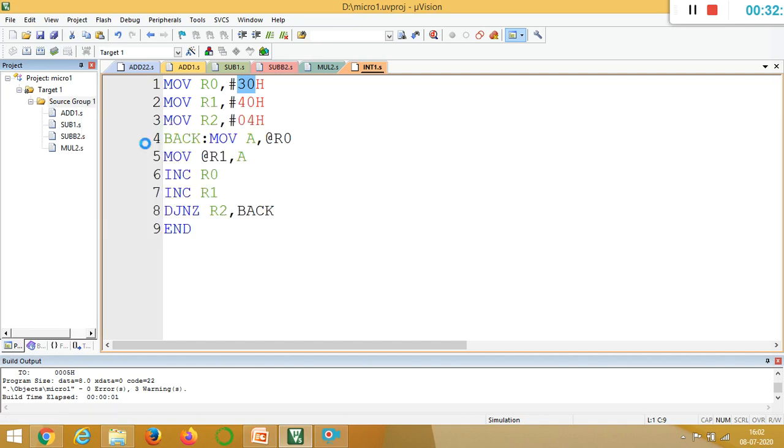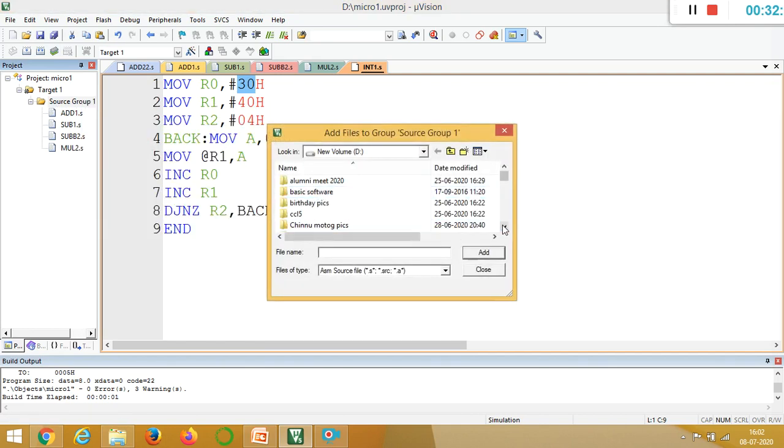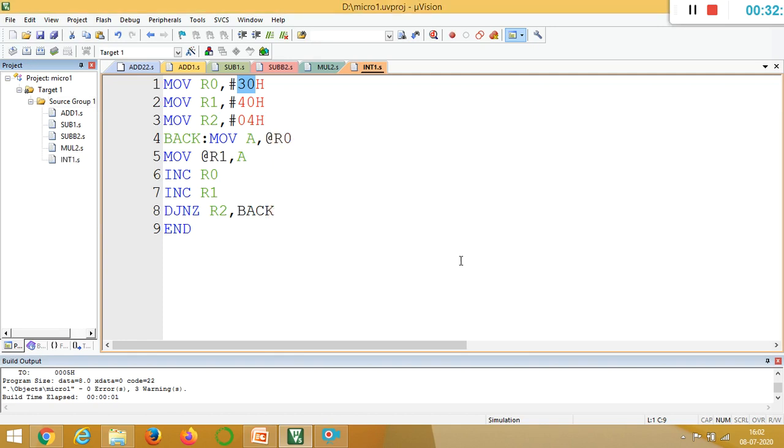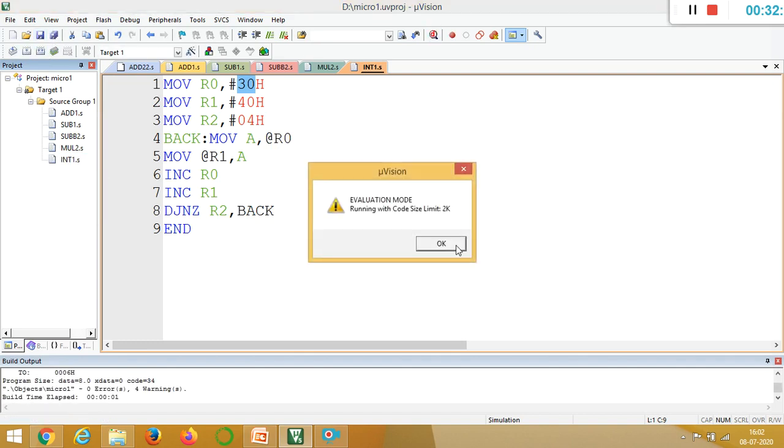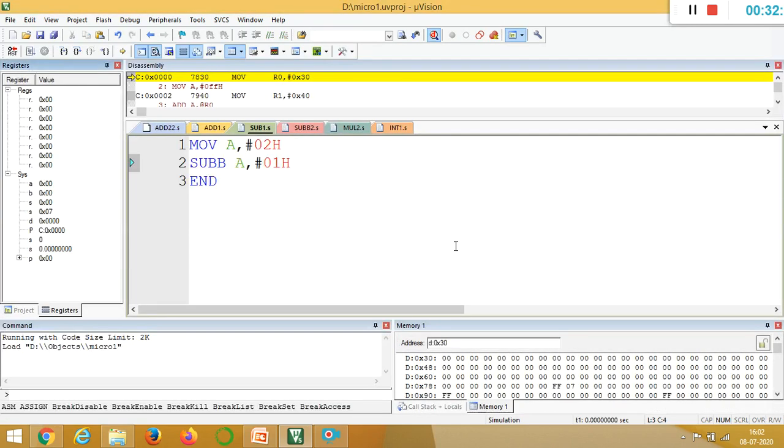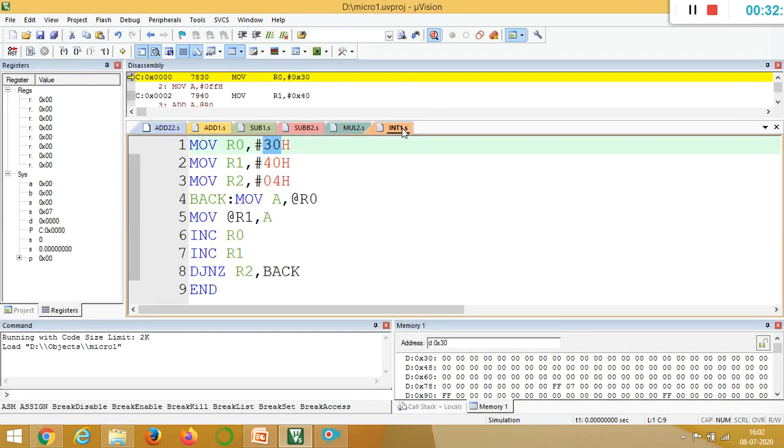So add existing files to the group. Then select int1.s file. Then add to the source group, close. Then double click on this int1, then save it, then rebuild. Okay. Then start the debug session. Okay. So now you can see the int1 is added.